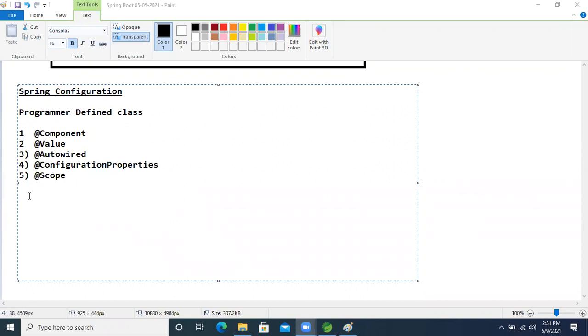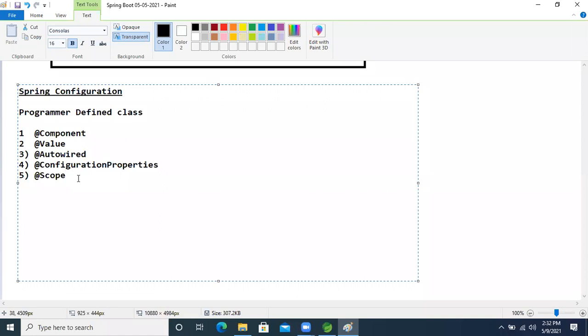So this is for the programmer. If a programmer is creating a class, the programmer will use these annotations, right? We will see the practical also, guys, don't worry. Some little bit of curiosity will be there. He is explaining the annotations but not giving a clear picture of where we can use them. We will see that. Step by step we will learn.